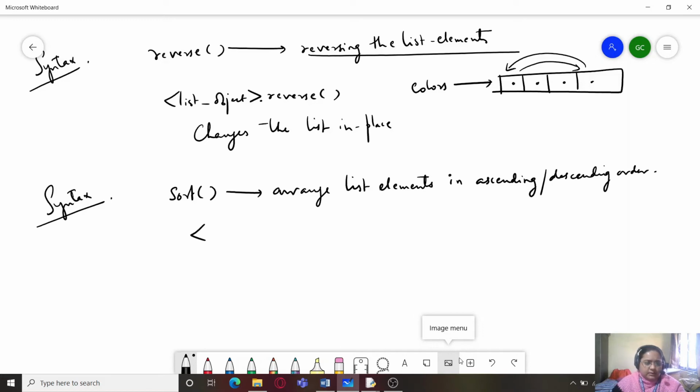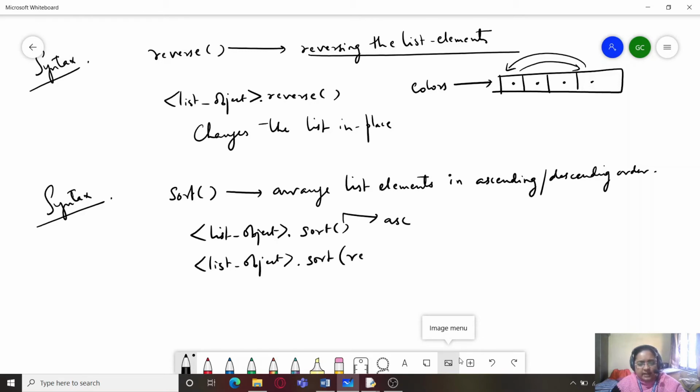So here also we write list object dot sort, and simply using sort without any arguments will sort it in the ascending order, and if I want to sort it in the reverse order, then I will write sort, and within this I will provide an argument reverse equals true.